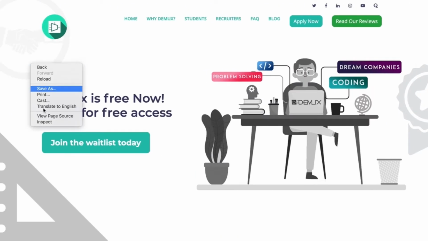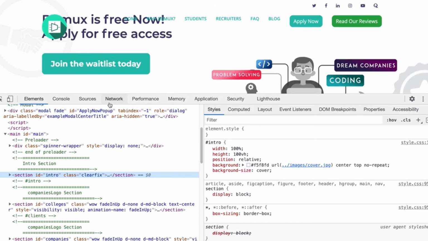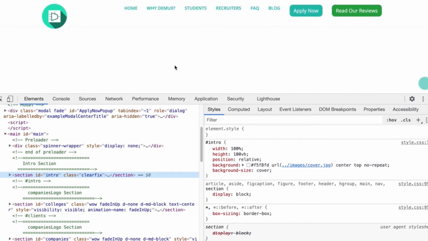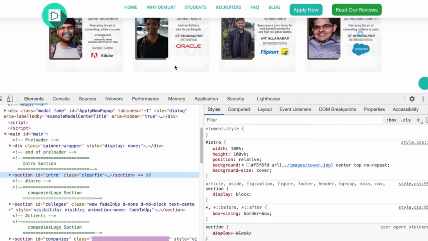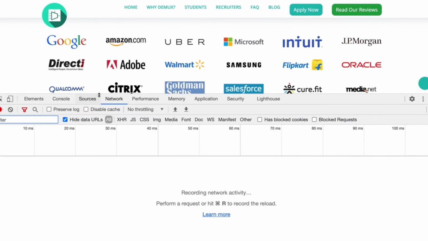So let me quickly open up the network tool here. These are the Chrome developer tools. I would highly recommend you go through them again because they will help you a lot while debugging web applications. So we quickly go to the network tab. The network tab essentially shows us all the requests which are coming to the client.